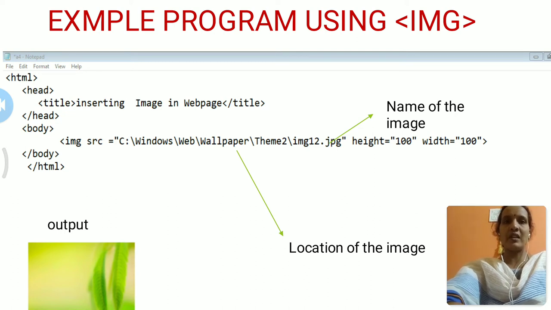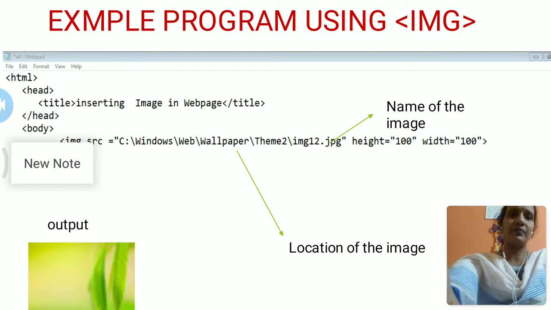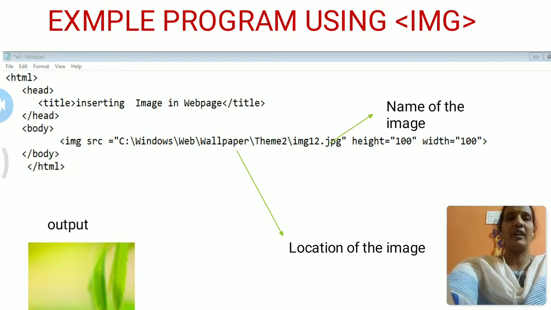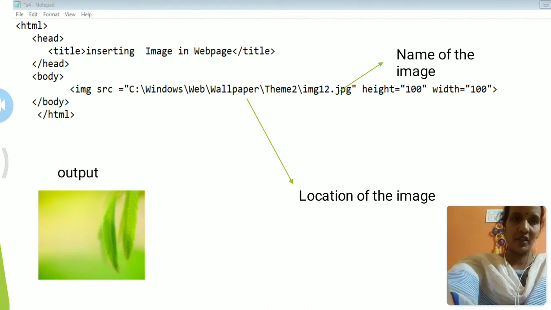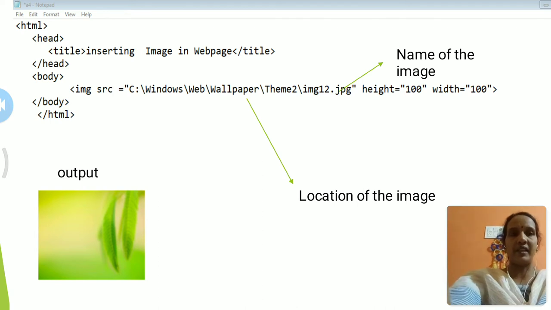So this is the example program. Here in the output you can observe the name of the image, img12.jpg. Understood? So inside the body tag we write the img tag, and the img tag should have the source attribute src.